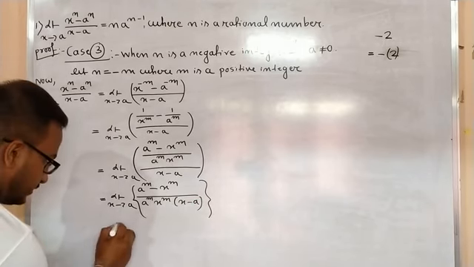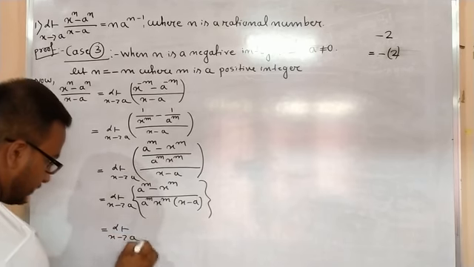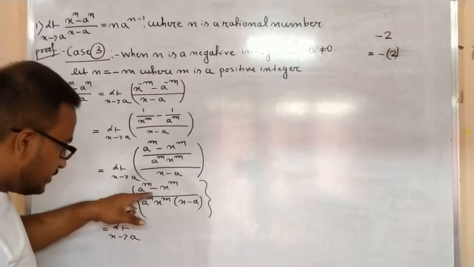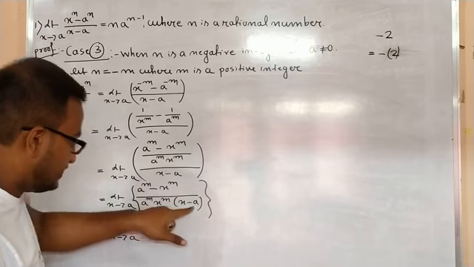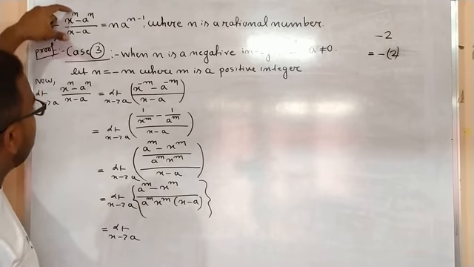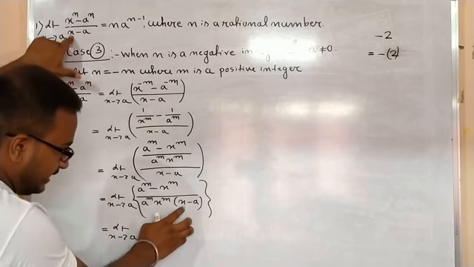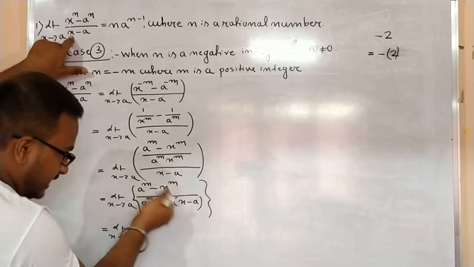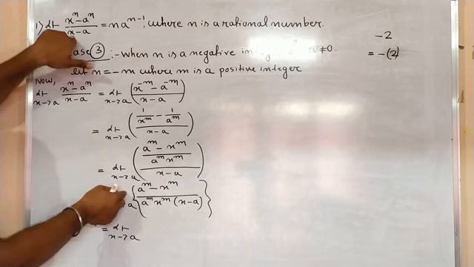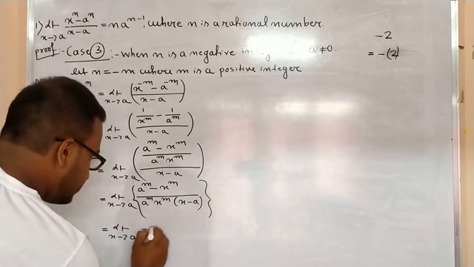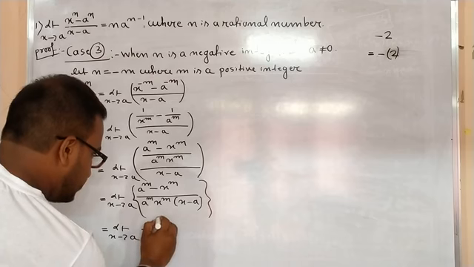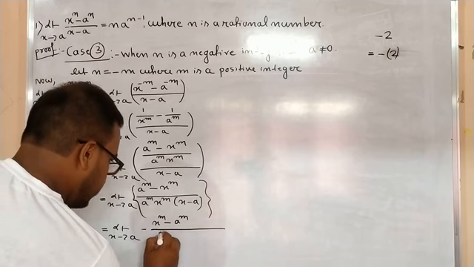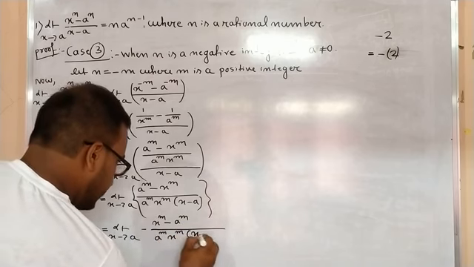Now this is what, limit x tends to a. Now you see, this is a to the power m minus x to the power m by x minus a, but I need x to the power m first, because this is x first. So in this quantity x is first, but in this quantity a is first. So I have to change the position by taking minus sign common. Okay, so it will be minus x to the power m minus a to the power m, whole thing divided by a to the power m into x to the power m into x minus a.